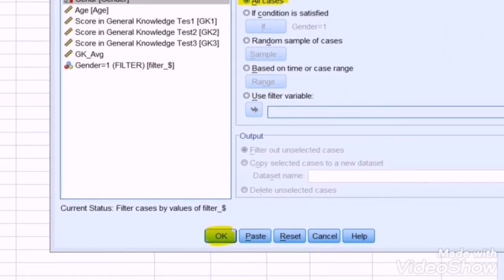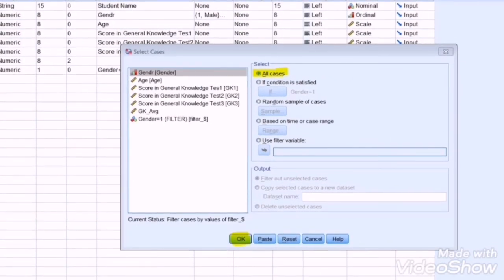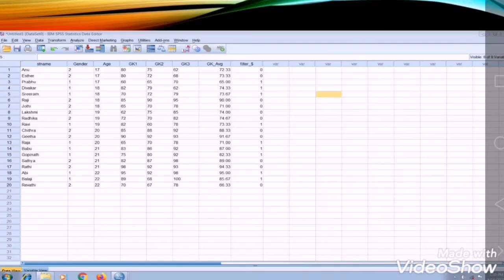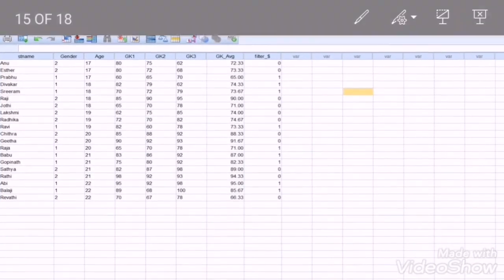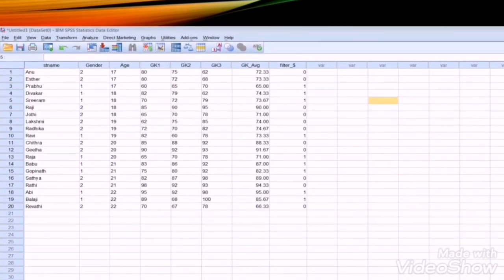Then click on OK, and this will restore all the records. Let us see this in the data view. Here we find all the cases, no more cross lines across the records.